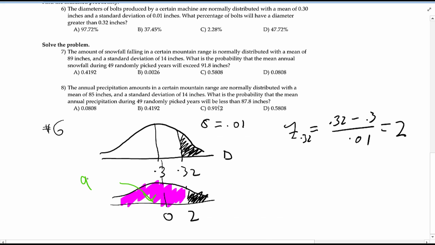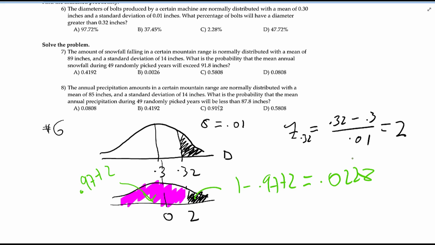So this area is 97.72. So this area is 1 minus 0.9772. That gives me 0.0228, right? And as a percentage, multiplied by 100, 2.28% of the data is above 0.32. So